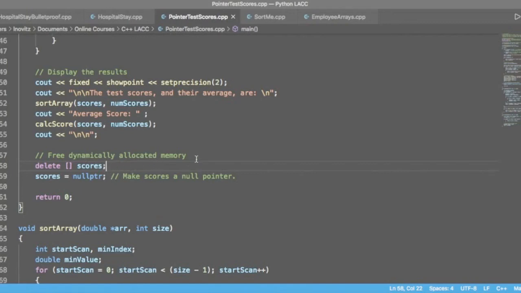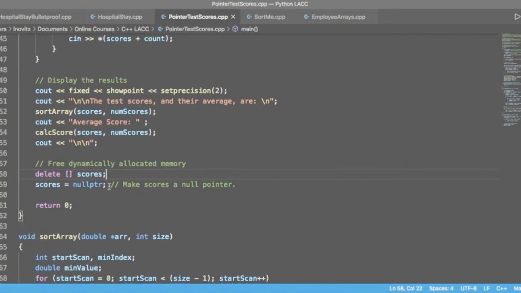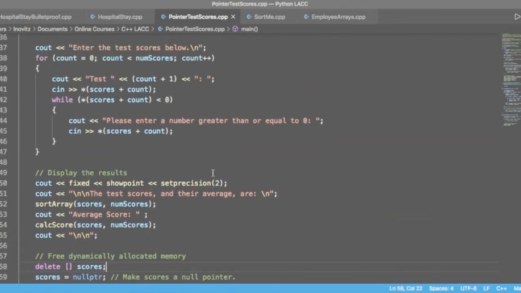So in C++11, you can use the unique pointer variable to, I guess, remove this extra work, but alas, I was not able to get that unique pointer variable to be accepted into these extra sort array and calculate score